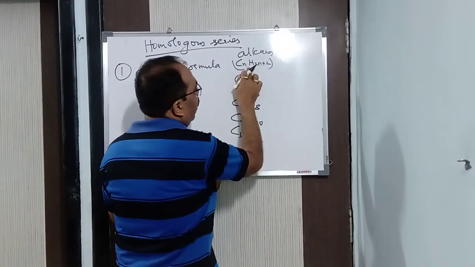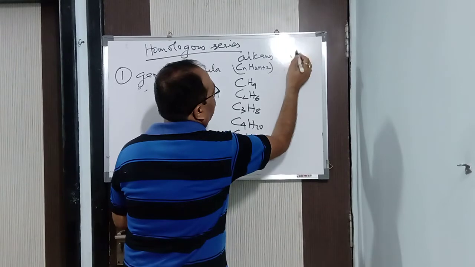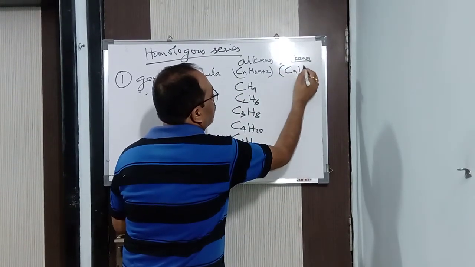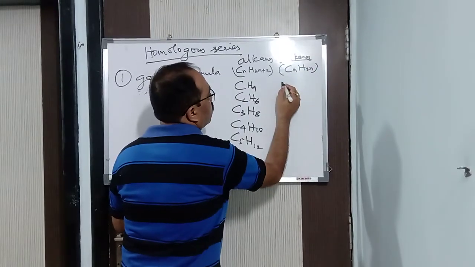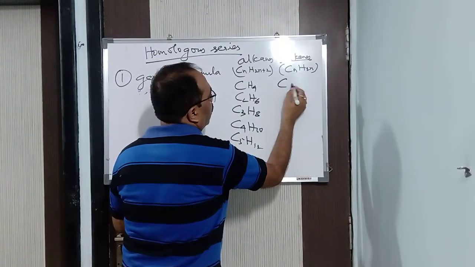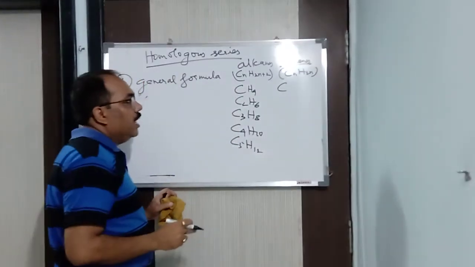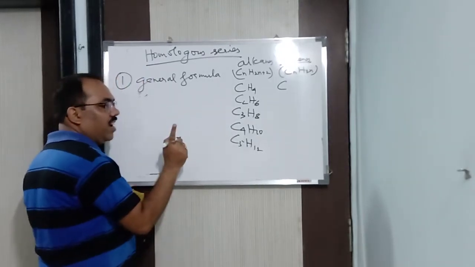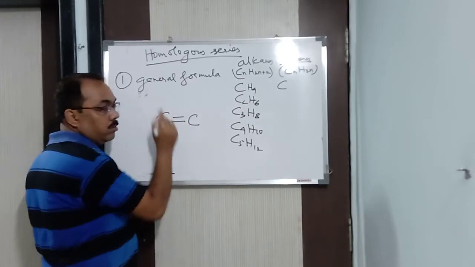Now see, under the same general formula we are having this. Now let us take alkenes. Fine, you take alkenes. What is the general formula of alkene? CnH2n. So if you are taking CnH2n, then what will n be? You can't take n as 1, because in case of alkenes, remember that the main property of alkene is that there should be a carbon-carbon double bond.